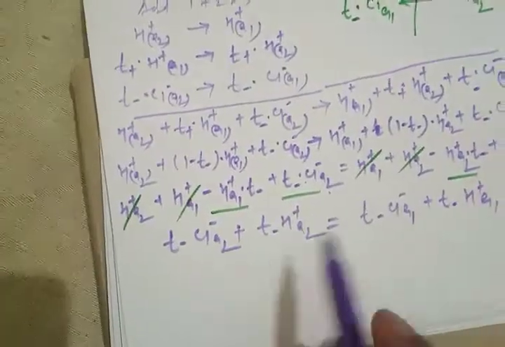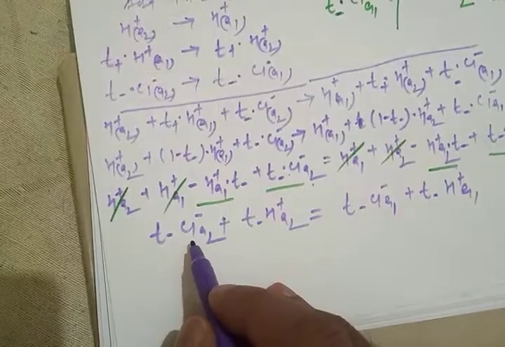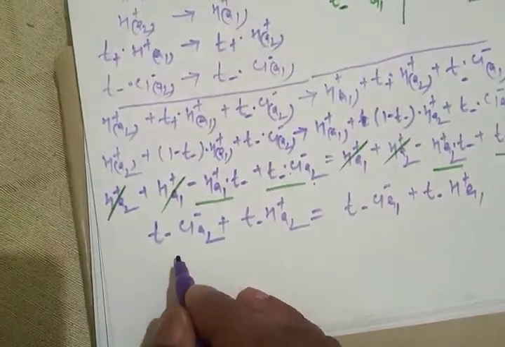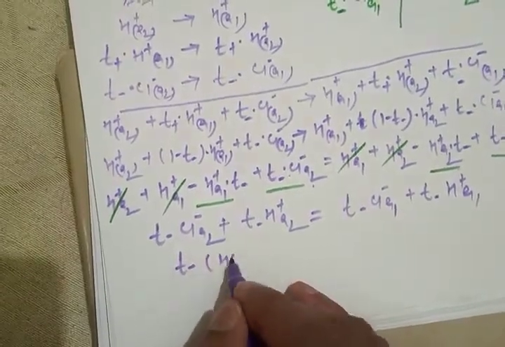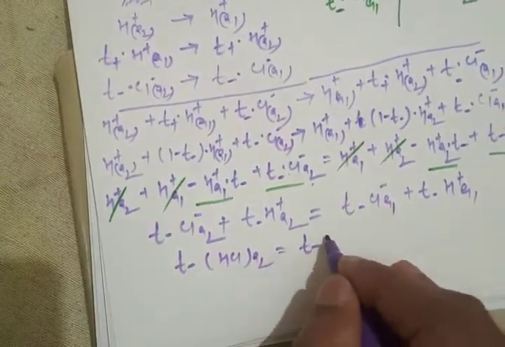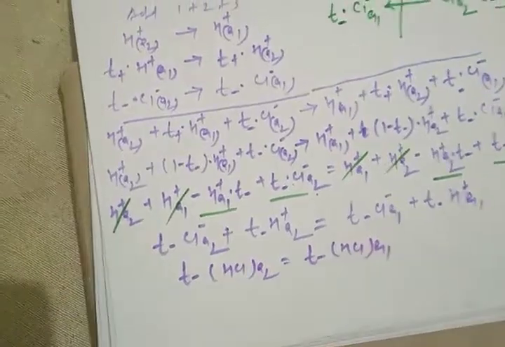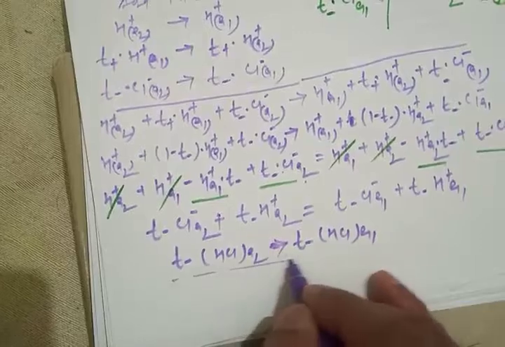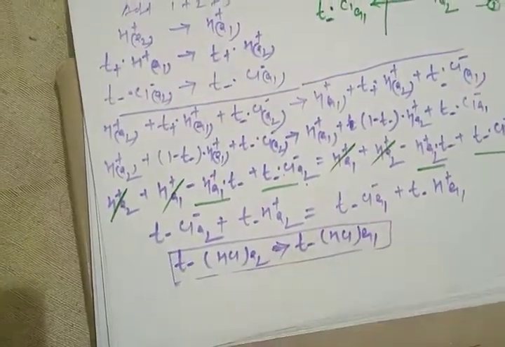So we have H plus, so transport number T minus is common. Here we have Cl, here we have H plus. So we can write this as common. So T minus, this will be HCl A2, and this is T minus HCl A1. And this is your equation. This we need to identify actually. With this derivation, we can draw this equation.